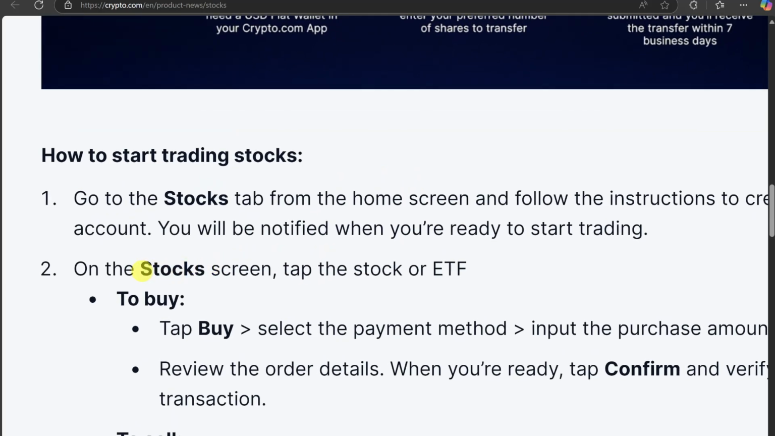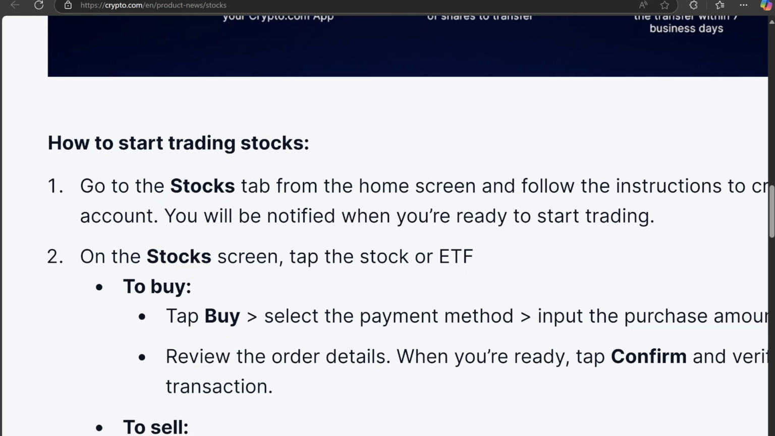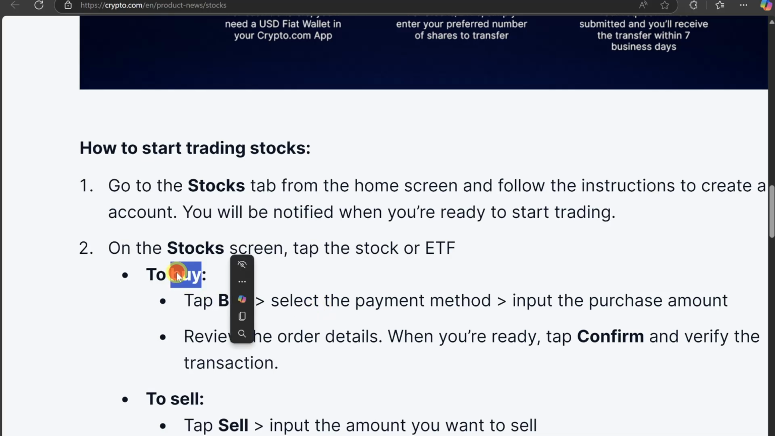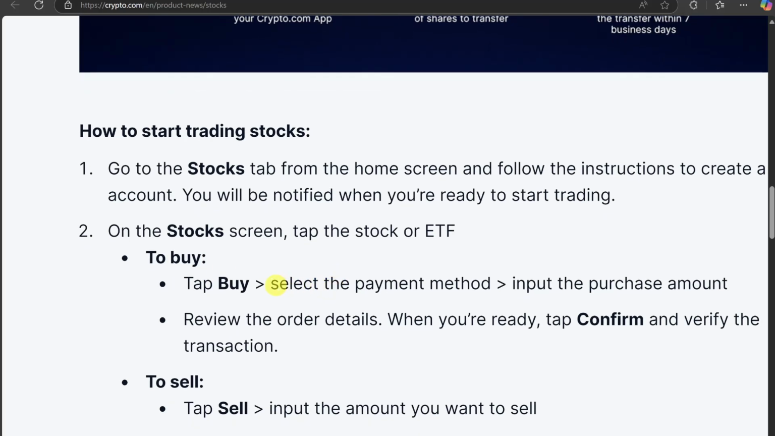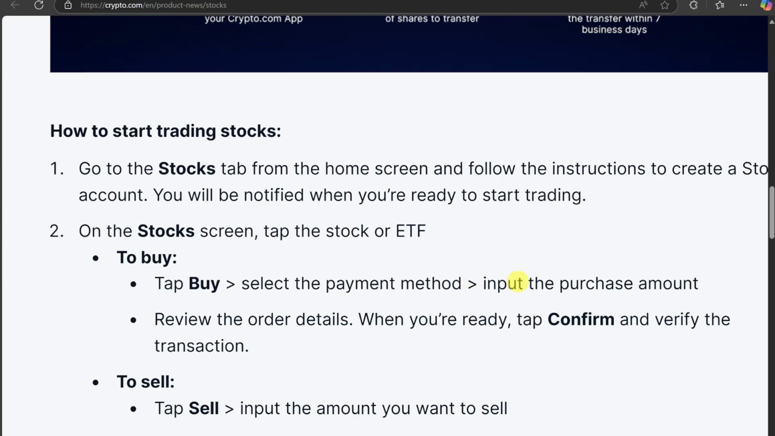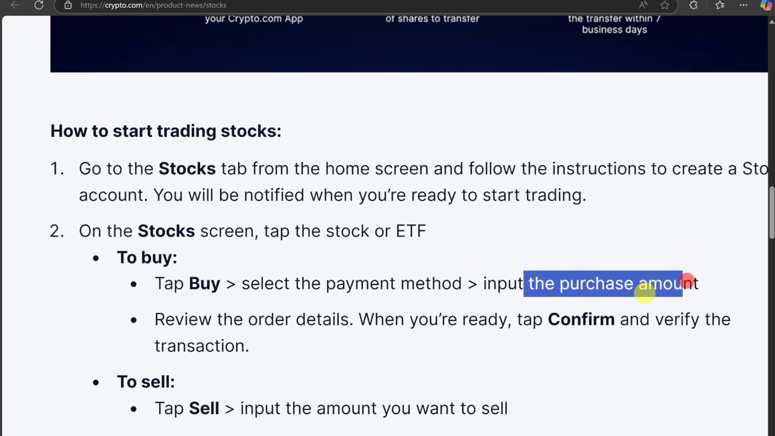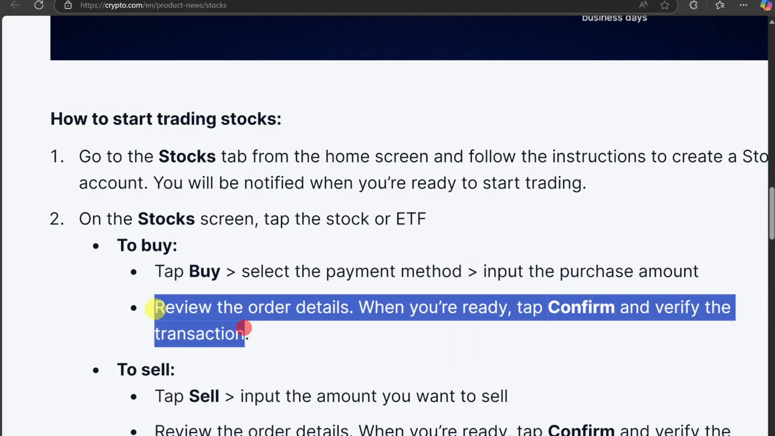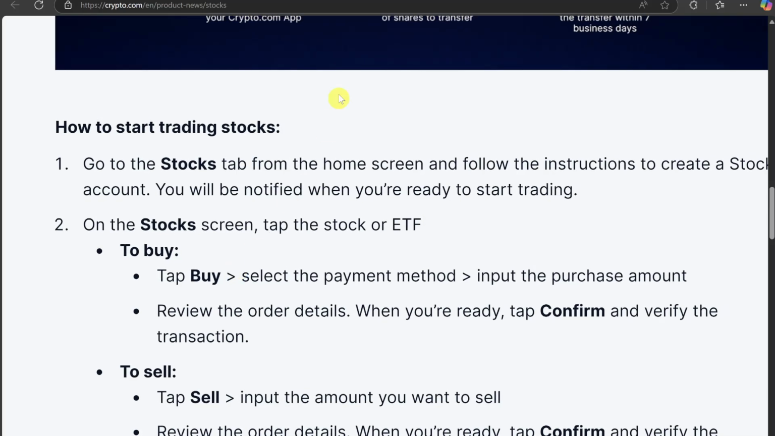So to buy stocks, you need to go to the stock screen by clicking on the stocks option from the top bar, and then you need to tap on the stock or ETF that you want to purchase, and then you have to click on the simple buy button. After that, you need to select the payment method and then input the purchase amount, how much you want to invest in your stock, and then you need to review the order details, and once you are ready, you need to tap confirm and verify the transaction. So that is how you can buy stocks on your